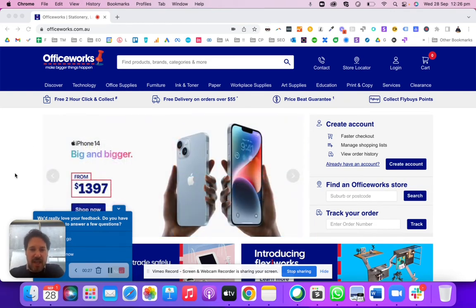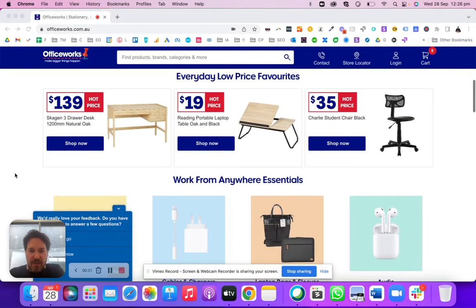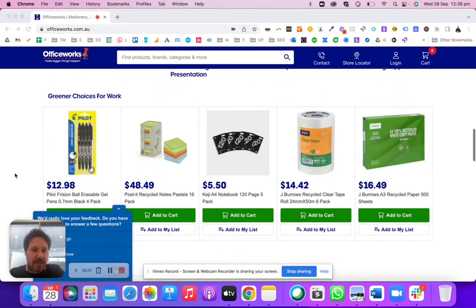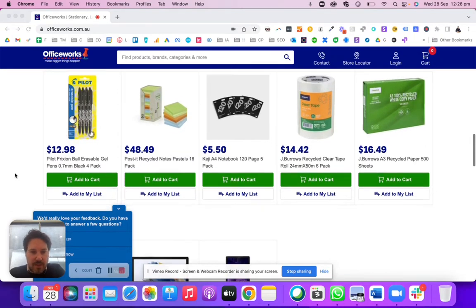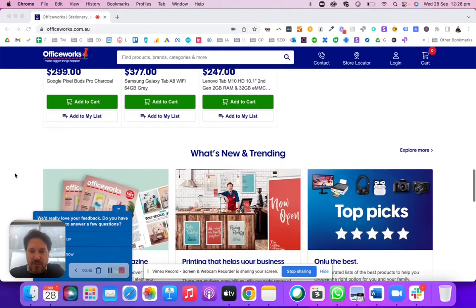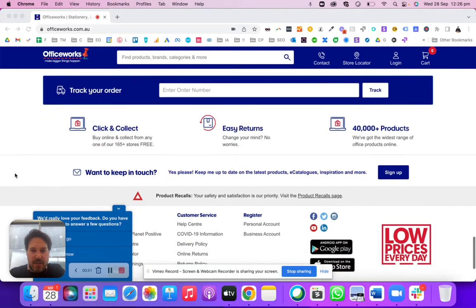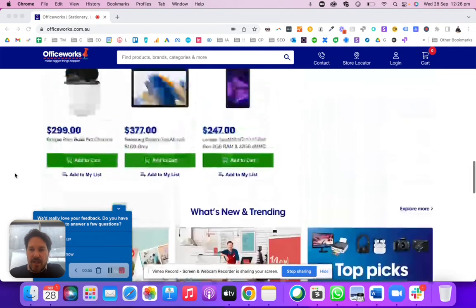I'm very familiar. It does look quite busy, is one thing I would say. As I go down the page, it's looking a little bit cleaner. Bulk bars, favourites, greener choices for work. Oh, that's nice. A little bit of focus on green to keep track of what's trending. So we're sort of getting into different product news. Easy returns, 40,000 products. Okay, and